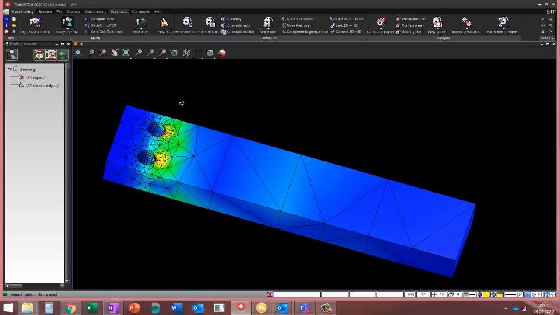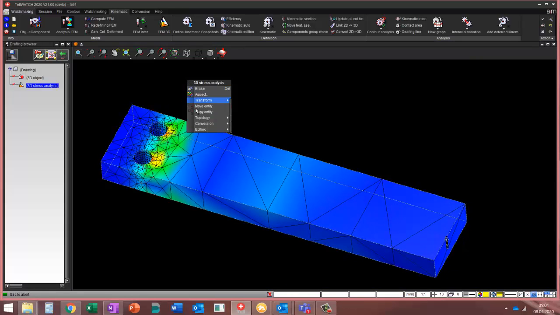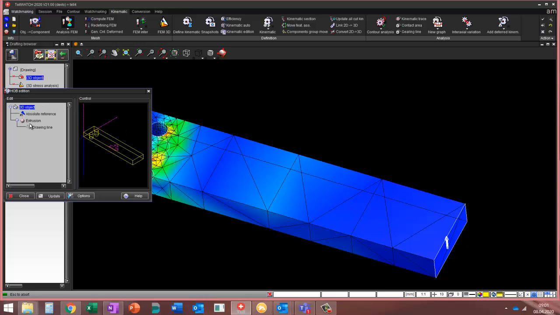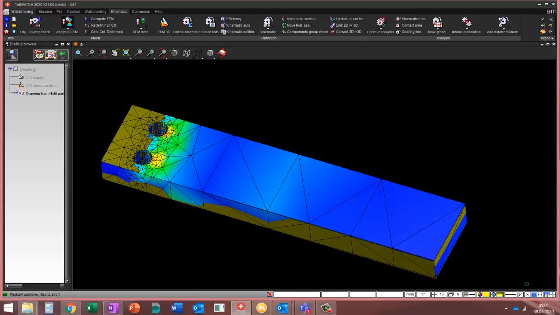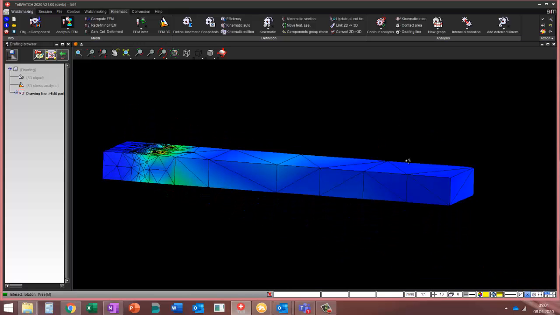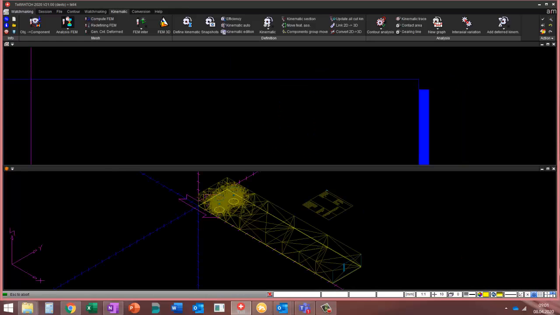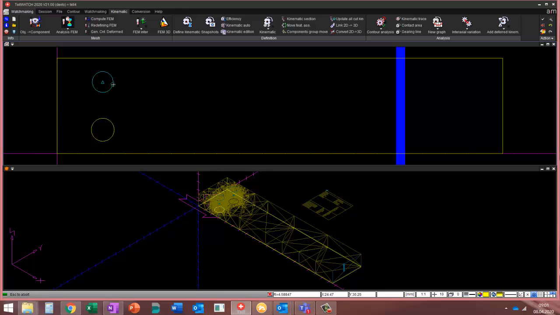If this is not the part we would like to modify, we can always edit the object, the drawing lines, so we can see now the real object that appeared. I can go to the 2D window, modify the size of the holes, and even move the entity. We'll put it right here, close the window,